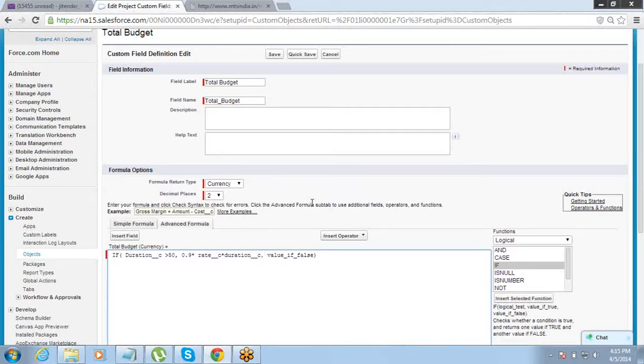Else it should just be a rate into discount.